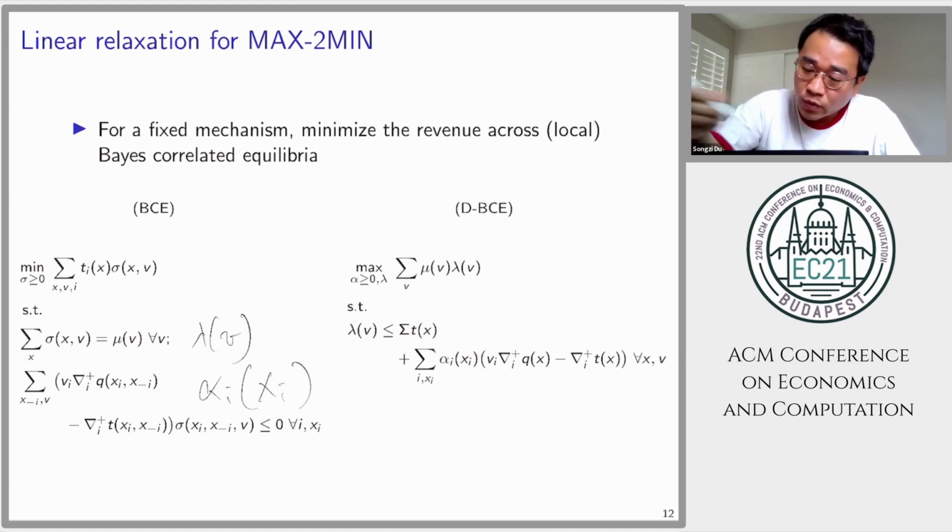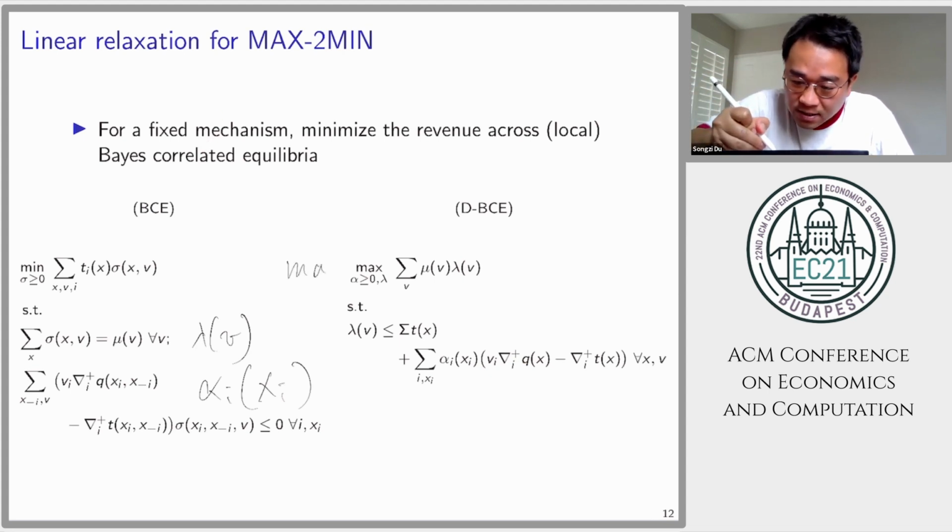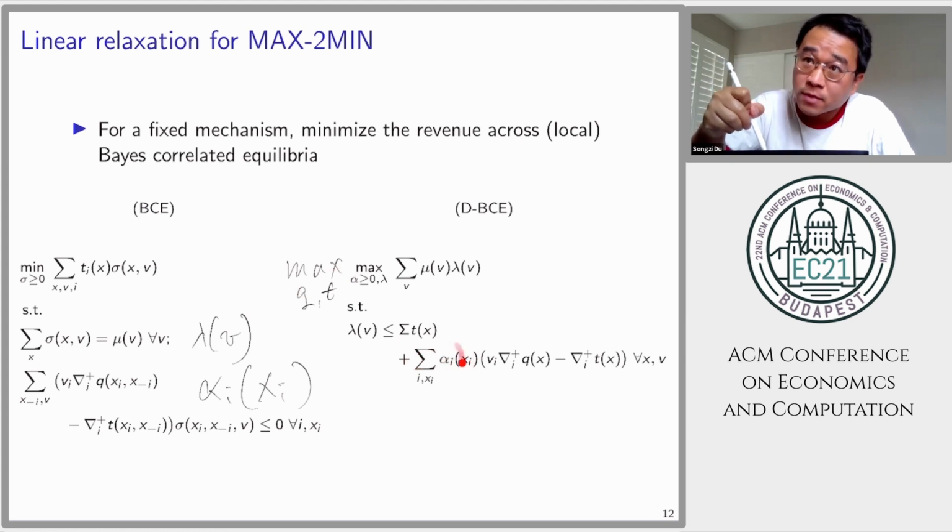this form. And then what we want to do is, we have this revenue guarantee for a fixed mechanism. Then clearly what we want to do is to maximize this guarantee across all feasible mechanisms. Okay, and so here notice that we have an interaction between alpha, the multiplier on the local incentive constraint, and the mechanism variables, which are Q and T. Okay, so if we do this problem here, maximizing this